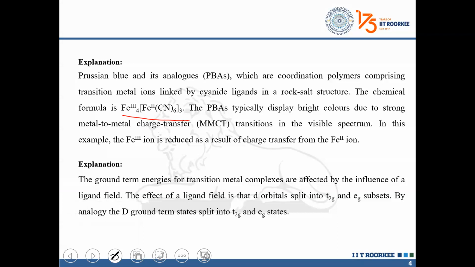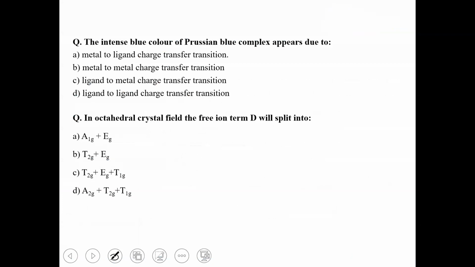So Fe3+ ion is reduced as a result of charge transfer from this ion, right? So this will be the right answer. And the second one is simple. The degeneracy of the D term is 5. So you just select